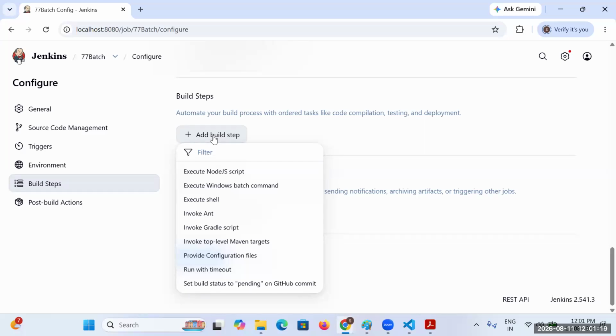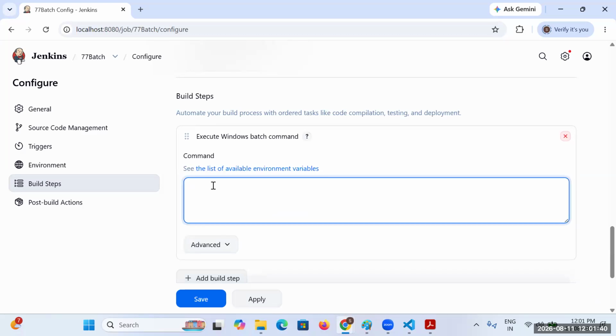Now you can see here, if I go to the build step, I will be using Execute Windows batch command.